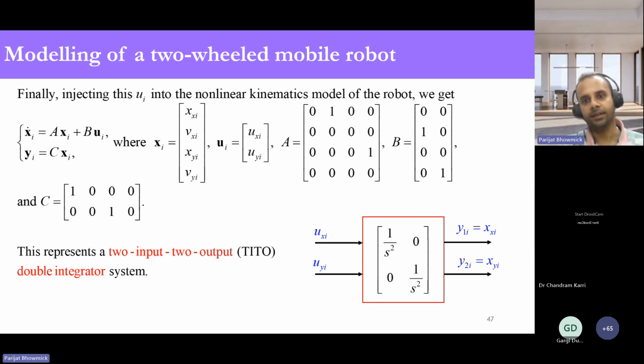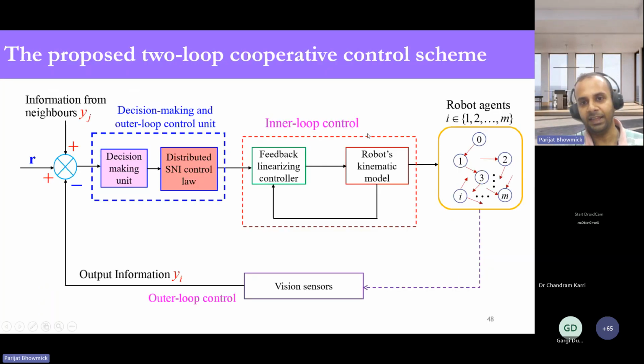So here you can see that it's a two input, two output double integrator system. Now you can think about that. We have already understood the NI theory. We have seen that the NI based control scheme can be easily developed and extended to the multi-agent setting. So we can think about a two-loop control scheme where the inner loop will deploy the feedback linearizing controller, and the mapping from this point, where I'm now hovering the mouse, the input to this red dotted block, to the output of the robot kinematic model